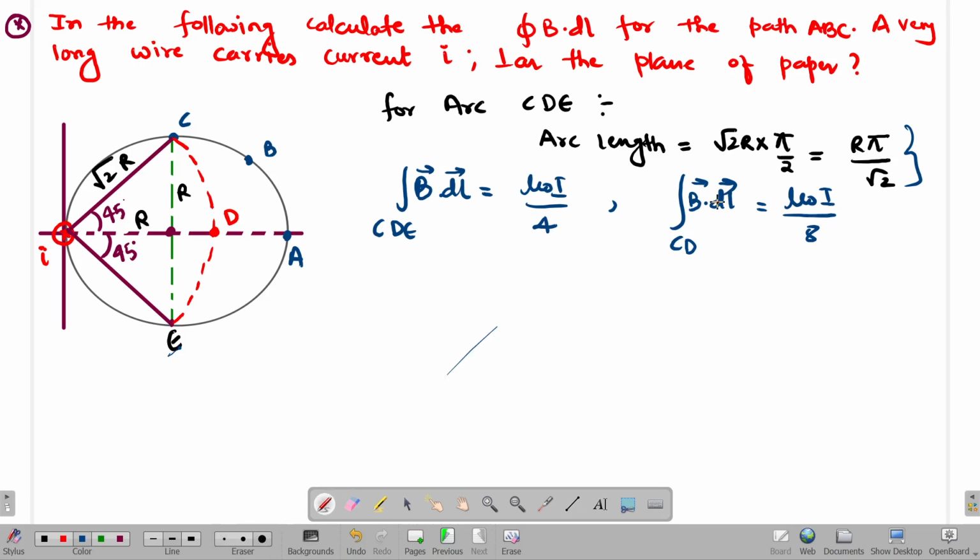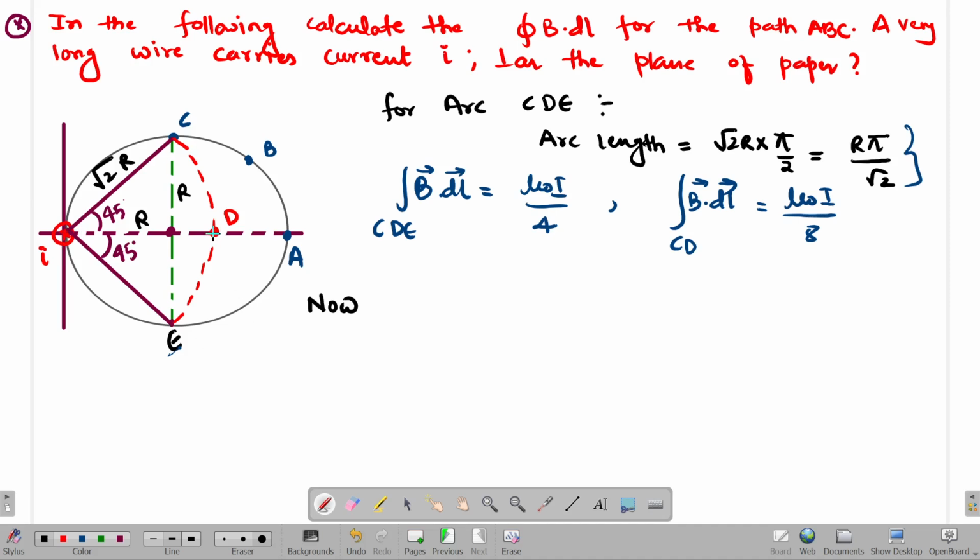Okay. So see, for this whole part we calculated that it is 1/4. For CD then it will be 1 by 8, isn't it? Because it is half of 1 by 4 mu naught I. Got it? Now look over here. So as I got to know about CD, I asked you to find the field due to ABC. But I cannot write ABC because it will not close this circle of current I in a perfect way. Are you able to get me or not?